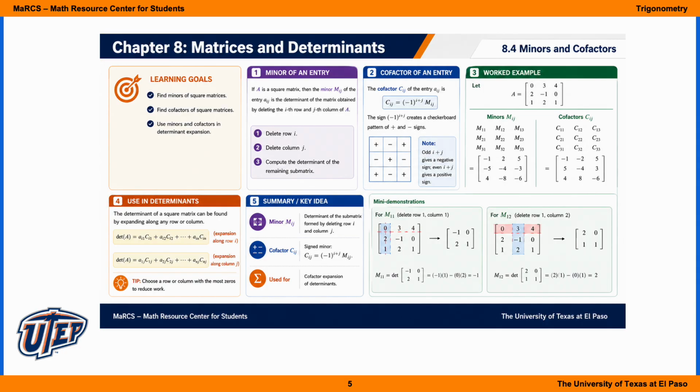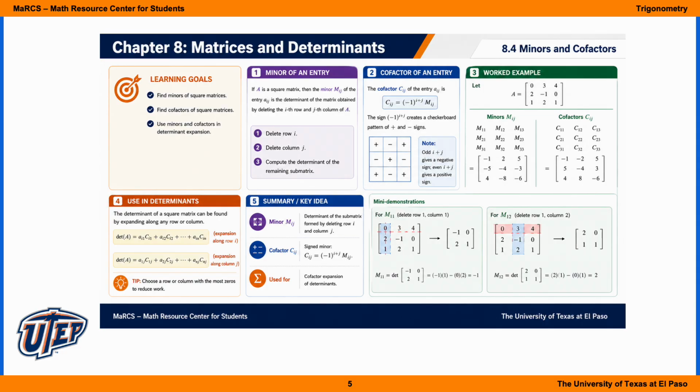The cofactor Cij of the entry Aij is given by the following formula, where Cij is equal to negative 1 to the power of i plus j times the minor of an entry. So if the power i plus j is odd, then we'll have a negative sign, and if the power i plus j is even, then we will have a positive sign. Since the sign negative 1 to the i plus j is alternating, it creates a checkerboard pattern of